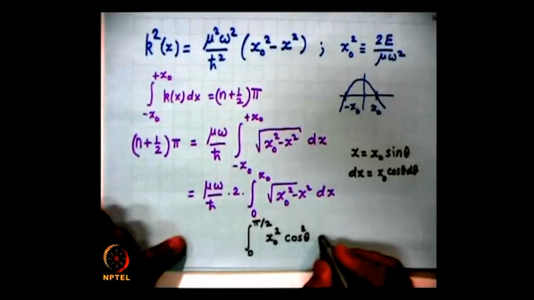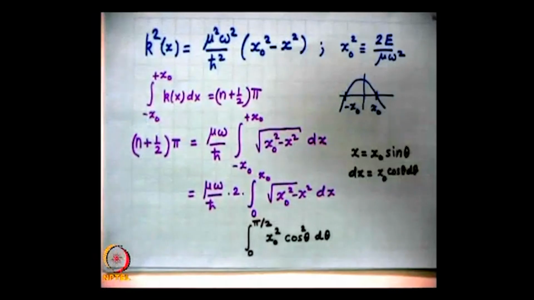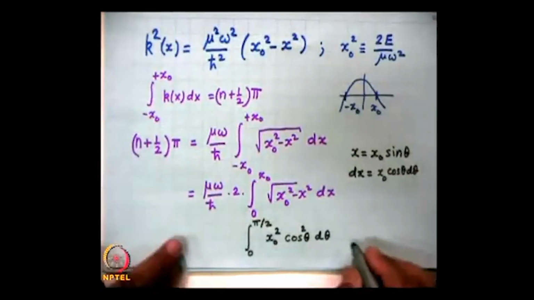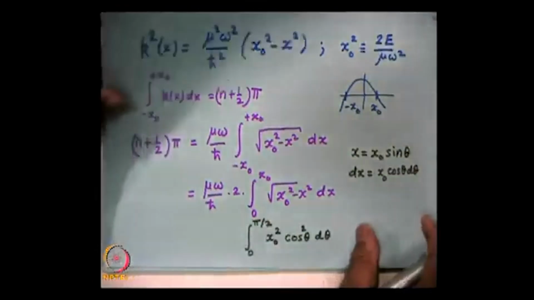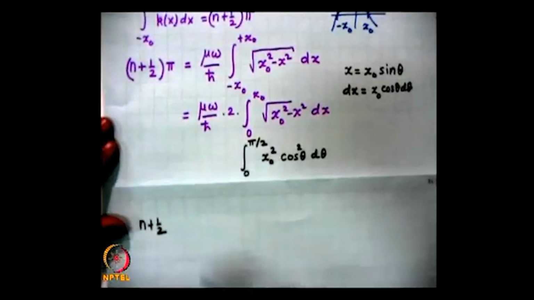So, cos square theta d theta. I hope I have done it all right. So, you can carry out this integration very easily. So, let me do it like this, so that you can see the n plus half pi